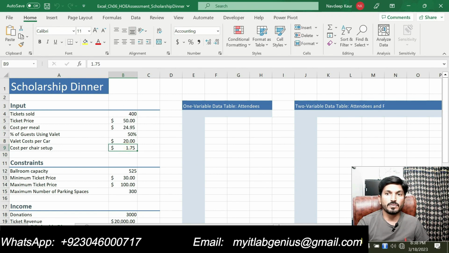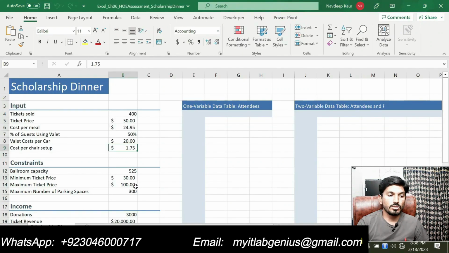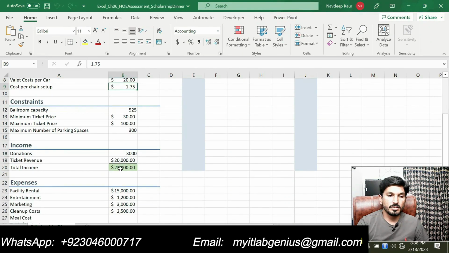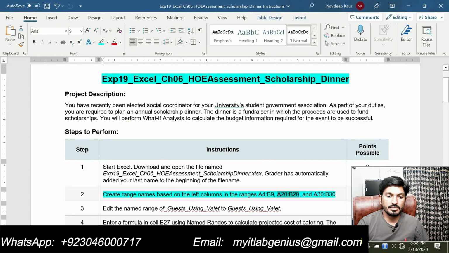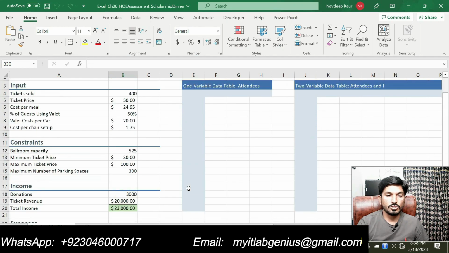After that we will assign the range name to range A20 up to B20. So A20 is here, and after that we are supposed to assign the range name to B30. That is this one. So we will start from here, that is from B4